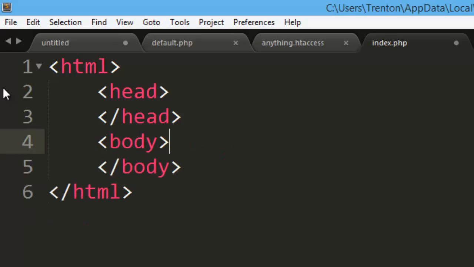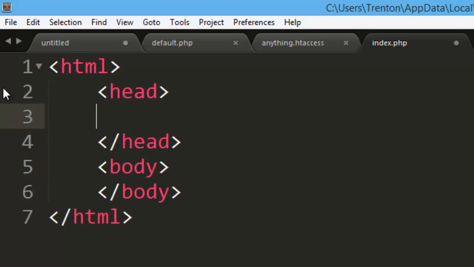Now you just saw there how you can close off a tag on the same line. We'll still be able to put text in between them, but we'll do that later. Indenting doesn't matter, but you need the head and body tags. So inside the head tags,